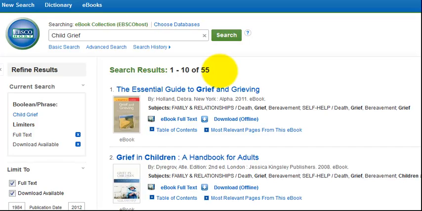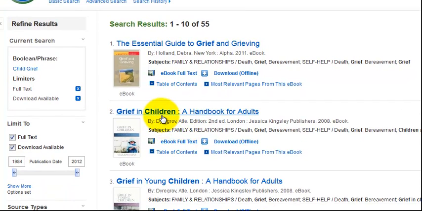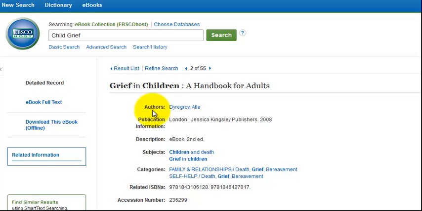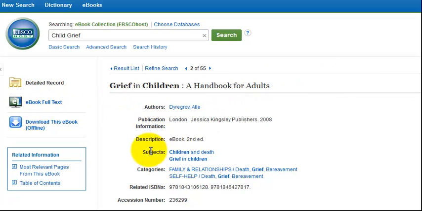If I want to narrow my results, I want to show you a quick tip. Let's look at this one, Grief in Children, a handbook for adults. I'm going to click on that book, and if I want to read it, I can just click on the ebook full text and it will open the book for me to read. But I want to show you this section right here in the citation view,